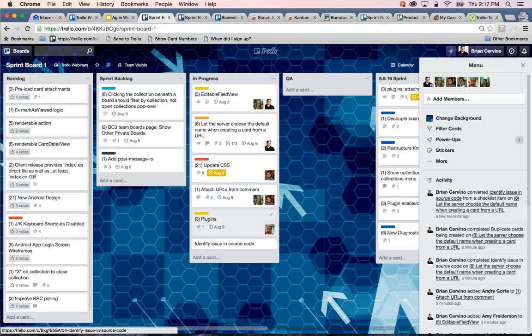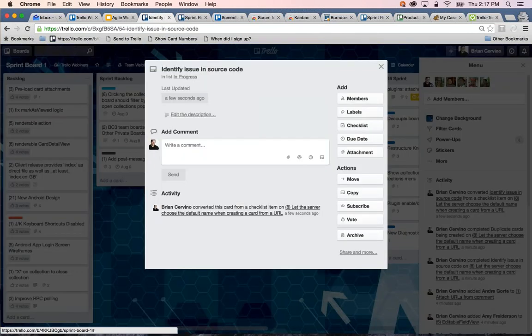What's also really cool is that while Trello does not support nested cards, other cards related to the main card, like child cards, can easily be referenced on a parent card by copying and pasting the URL to the child card into a checklist item. So let me just show you how that could work. And the scenario for this might be like